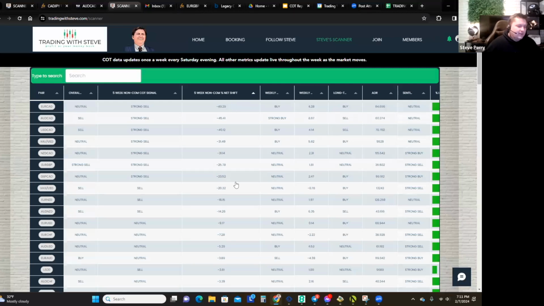So if you can combine this with other components of the COT report, like the long-term data, which is also non-commercial, but it's the long-term signal, just so everybody knows, is also all COT report, but the long-term signal is essentially not what they've shifted to or from. It's just a